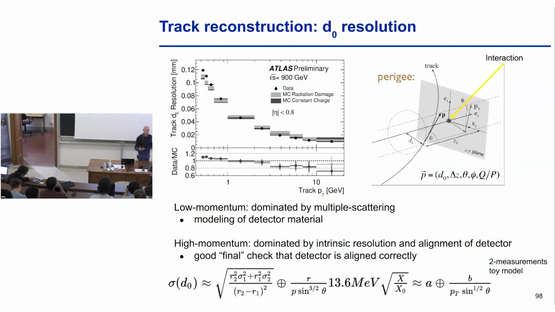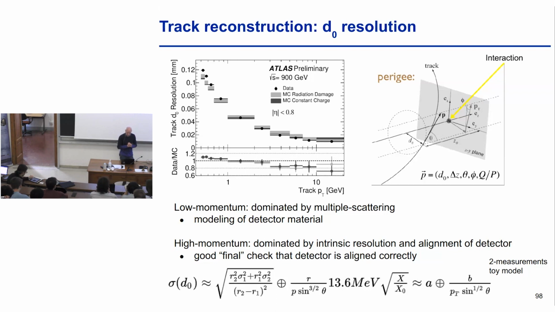In addition to momentum, we often want to know if a particle was coming from the interaction point or if it was coming from some other particle that was produced at the interaction point and then decays. And the way we do it is by looking at variables like the impact parameters that I mentioned before. So here you can see the definition a little bit better on this right plot. If I have a trajectory and extrapolate it through my helix trajectory, I can see if that helix intersects my interaction point or if it gets close but doesn't quite touch it. Once you do that in the transverse plane, the minimum distance of your trajectory to that point is what we call the transverse impact parameter. And from that point, you can also measure the distance in the longitudinal plane, and that's called the longitudinal